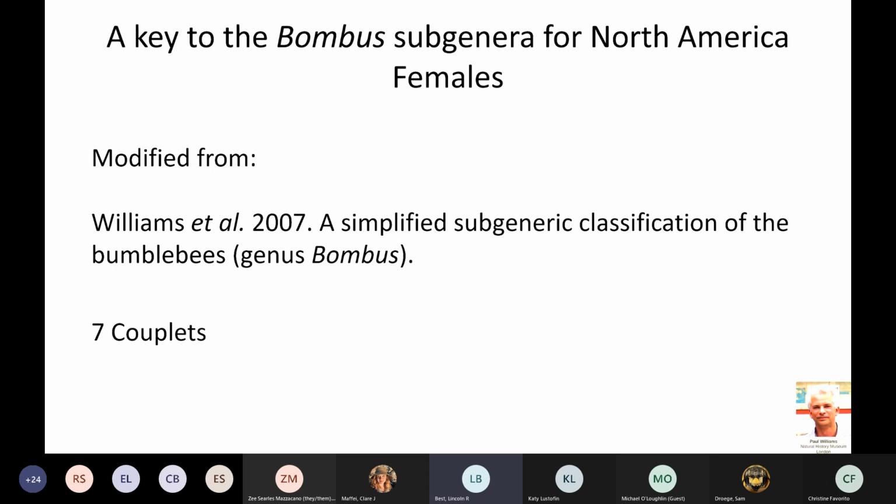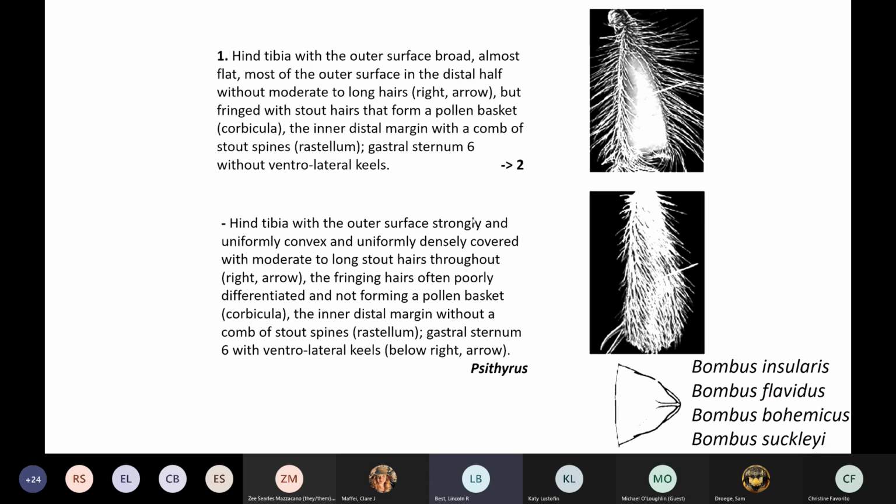There's 7 couplets. And of course, this is modified from Paul's 2007 work, where he provided a simplified subgeneric classification for the bumblebees of the world. And that was a really useful step in helping us sort out the global bumblebee fauna. Really cool work. So first off, we'll just look at that hind tibia and determine whether it has a corbicula